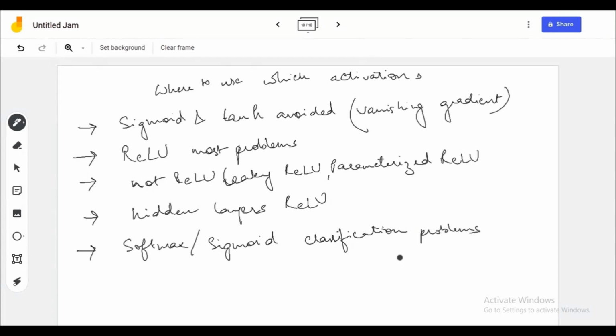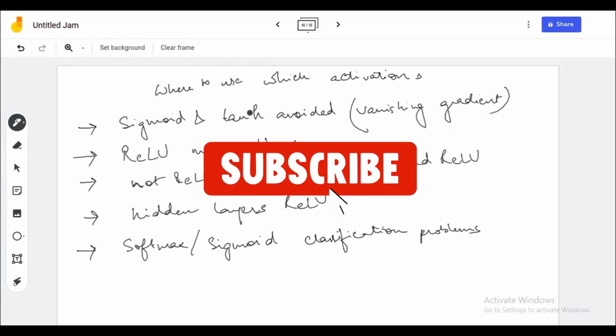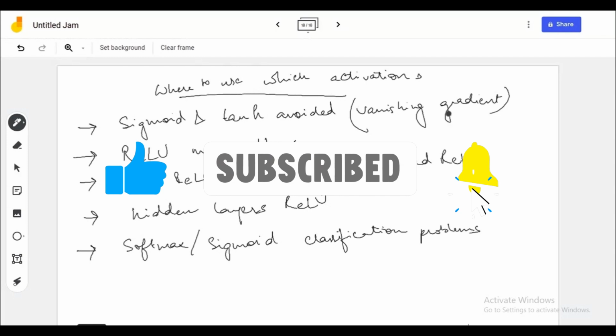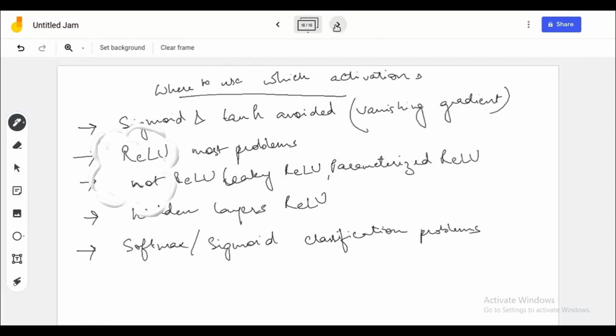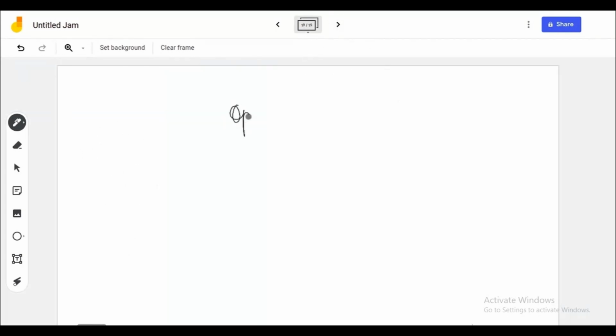Now, when to use which activation function totally depends upon the problem statement. These are some of the generalized ways of using activation functions which work most of the time. So this is something that you should remember. And yes, in the next class we will talk about optimization, and we have learnt about gradient descent,